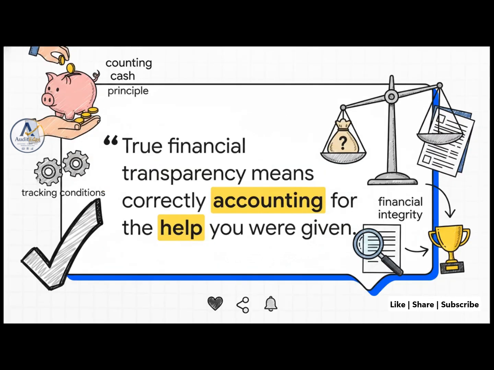To wrap up our masterclass, I want to leave you with this thought. The true test of financial transparency isn't just counting the cash you earned, but correctly accounting for the help you were given. Tracking conditions and applying the matching principle builds true financial integrity. Which begs the question, if we look really closely at your balance sheet today,